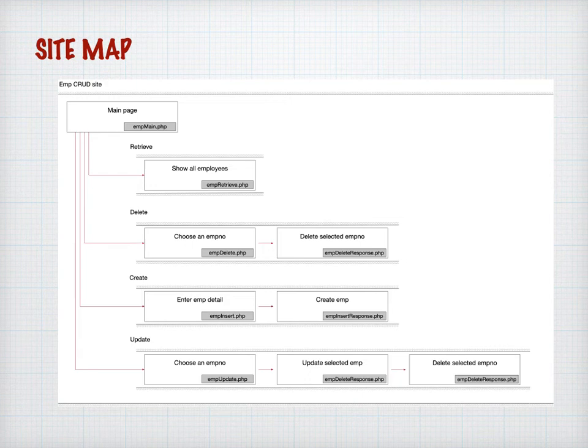So with the retrieve, all we're really doing is we're using a select statement. When we're doing a delete, we'll have to find the name of the person that we want to delete. In other words, well, we'll be using emp number to actually work out which we want to delete. So we'll have a form, and then we'll have a response page, emp delete response.php. That's the thing that will do all the hard work, that will actually delete that record. Create, well, we'll have a form like emp insert.php, and we'll get the user to type in all the details for that user, and then we'll have a response page that actually inserts that person